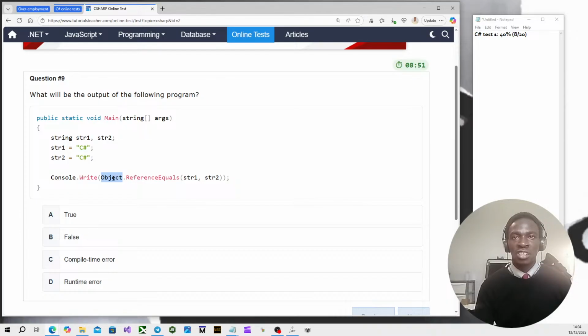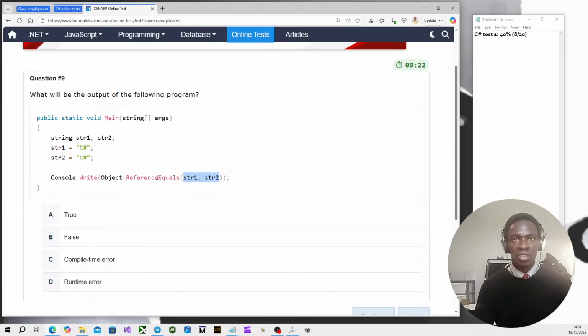So object reference equals string 1, string 2. Well, they're being assigned values of C#. I'm guessing it's doing some kind of reference check. Probably if the two parameters are the same.